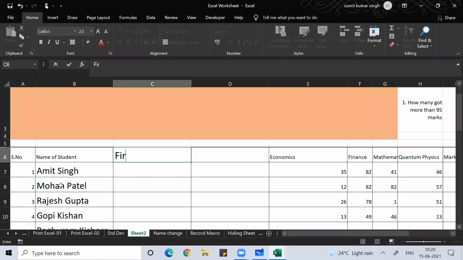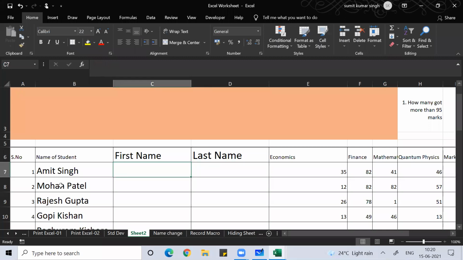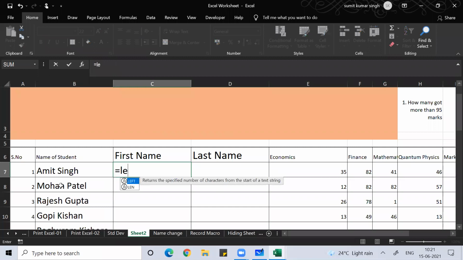The other way, first name, the last name. The other way to do this, you can use the command called LEFT: equal to LEFT, open bracket, this is your text, number of characters.